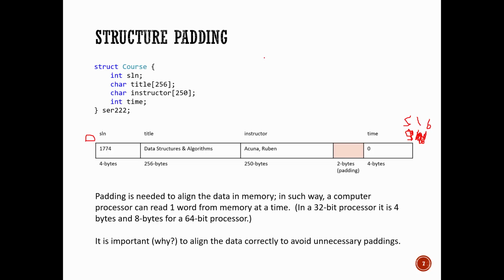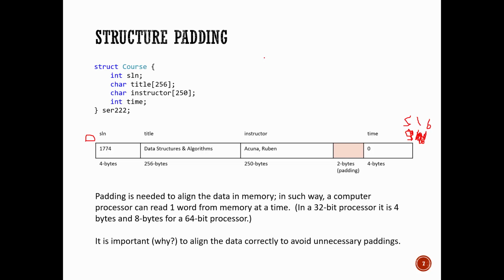Technically you can read 1 byte at a time, but generally the idea is you're reading a chunk of data. What is the basic word length of your system? That's going to be the basic amount of data you either read or write when the CPU is manipulating stuff. Well, if I have this set up where I have 250 bytes for instructor followed directly by time,